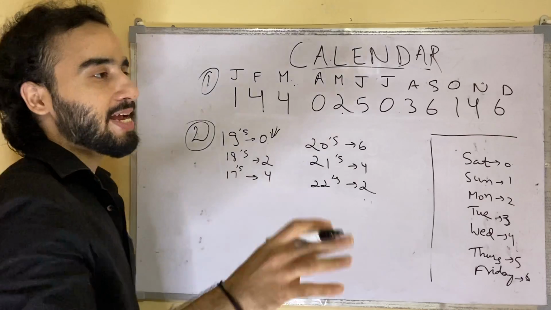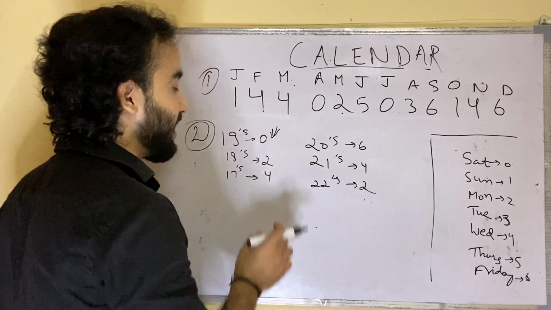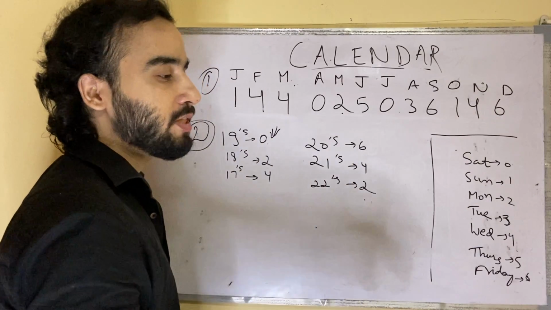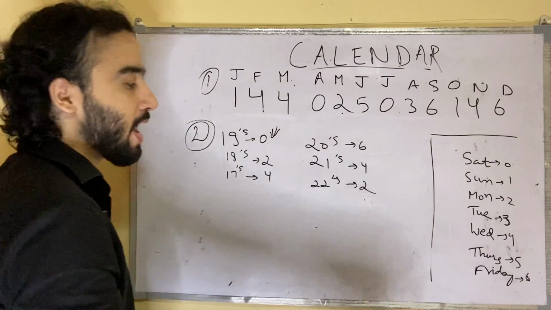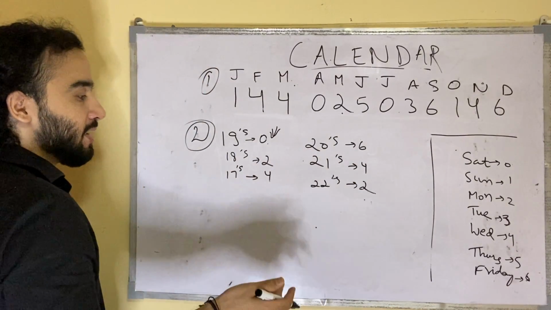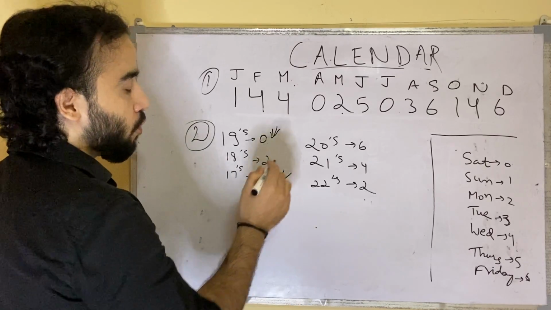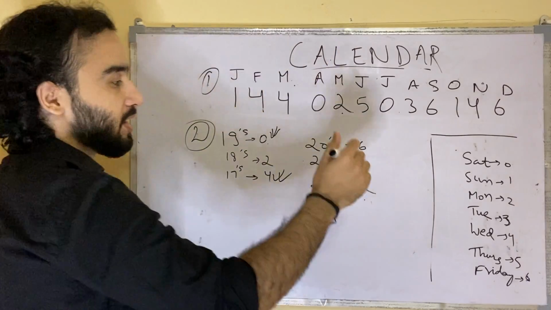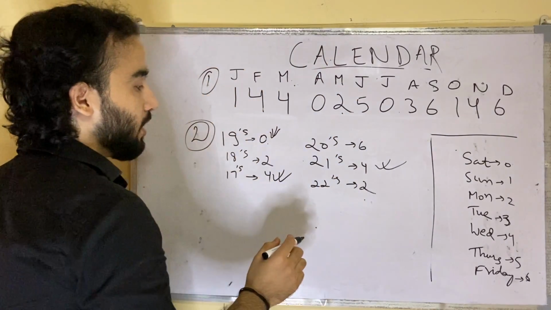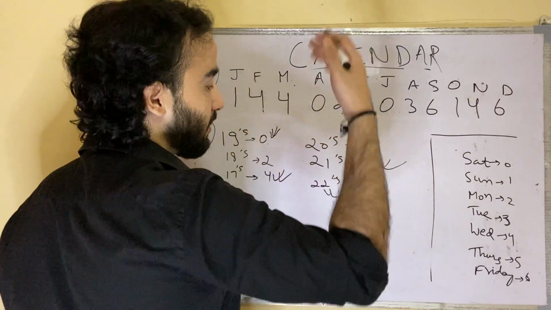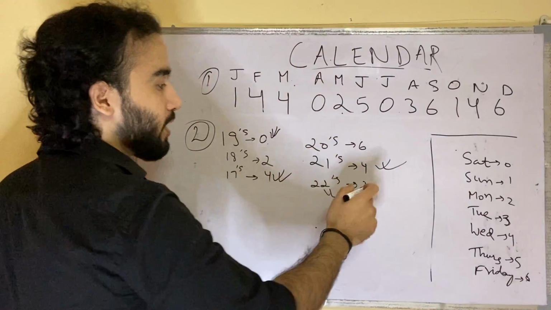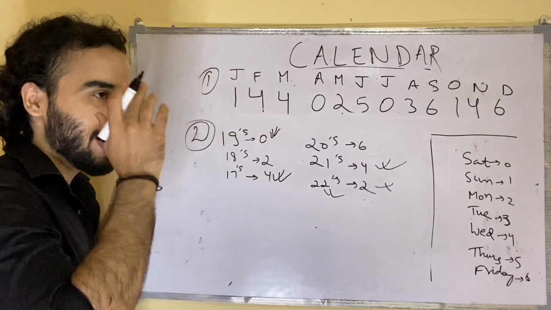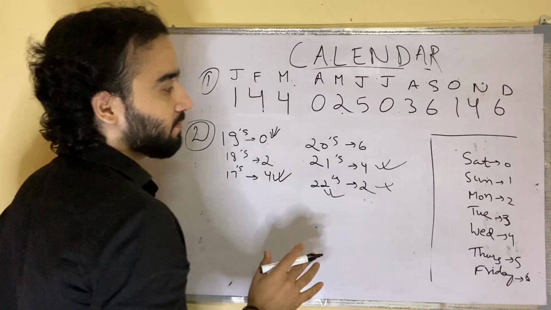Similarly for the 1800s, like 1850, 1810, 1888, it's going to get 2. For the 1700s, like 1769 or 1708 or 1709 or 1799, it's going to get 4. Similarly for the 21st century, it's going to get 4. For the 22nd century, like 2201, it's going to get 2. Okay, this is the number which I'm going to learn. Fine, this was the second.